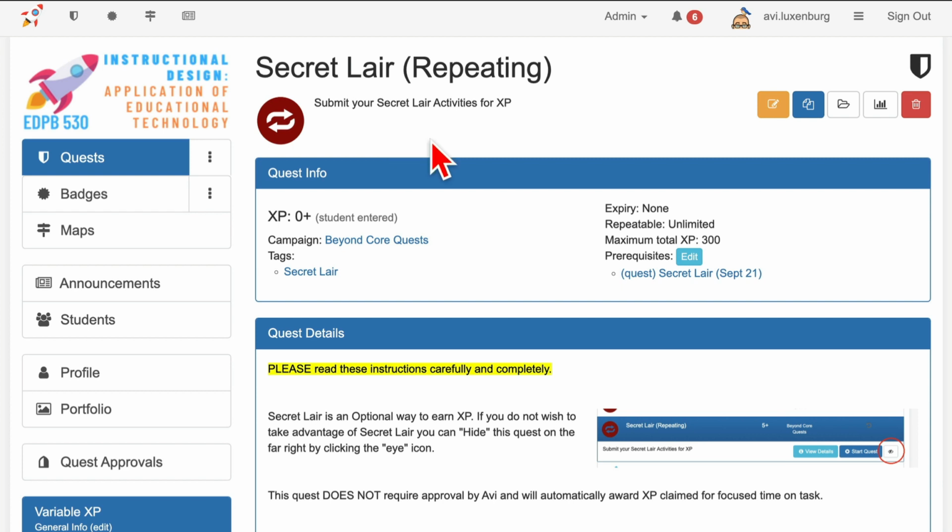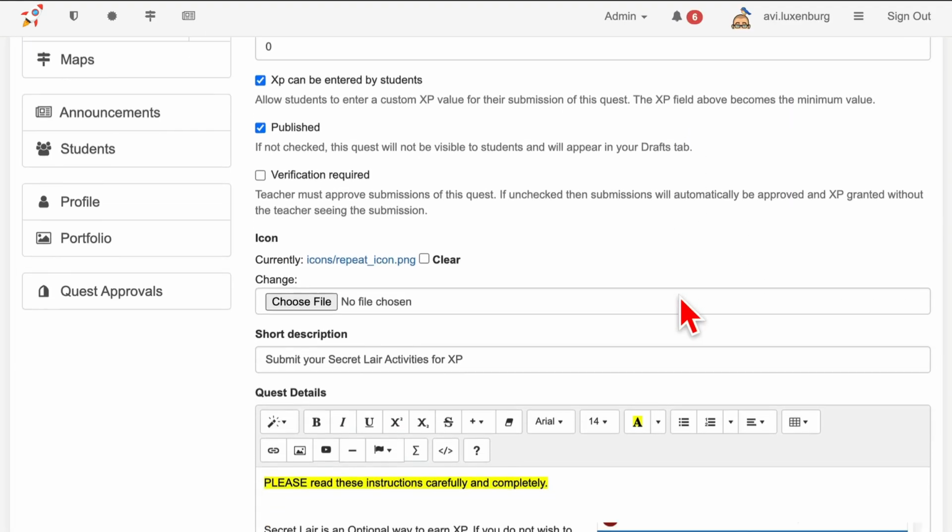Now, if students are submitting secret lair several times a week, then that means that I would have to have several quests. I'd have to have 50 quests for some students. But instead, I have the same quest repeating. Let's have a look what that looks like when I go to edit. When I scroll down,